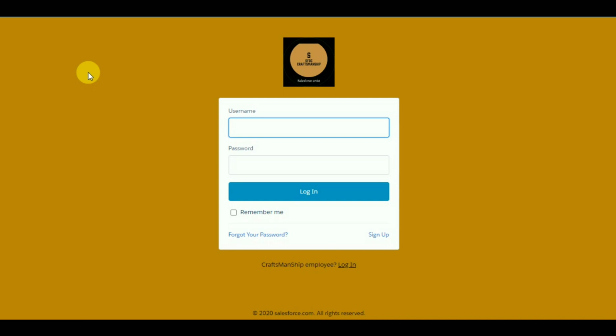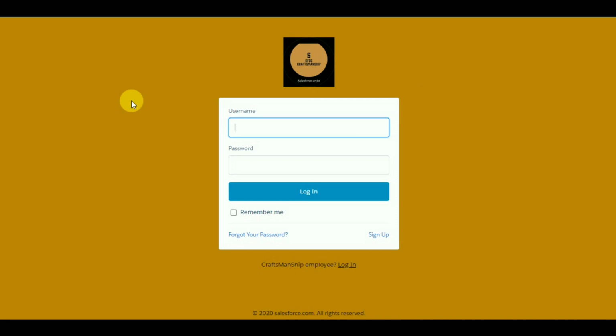If you see here, I have a screen which is asking me to enter the username and password and just click on login. But my requirement here is that without entering the username and password, I should be able to log into the community. So I should have a box which will ask for the email, and if I enter my email which is tied to my user, I should be able to log into my community.